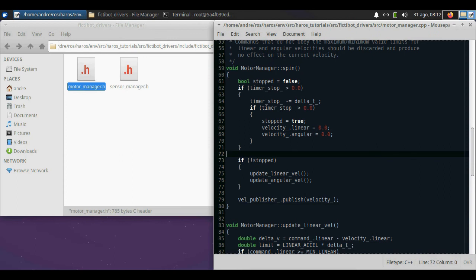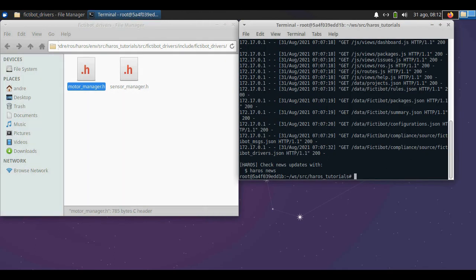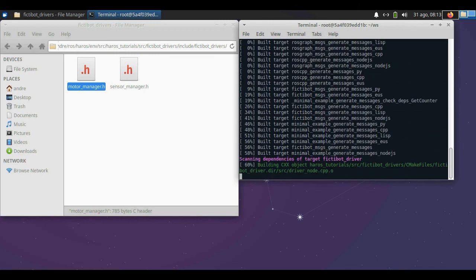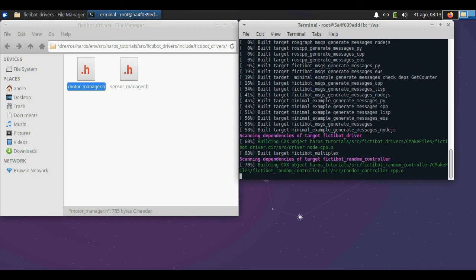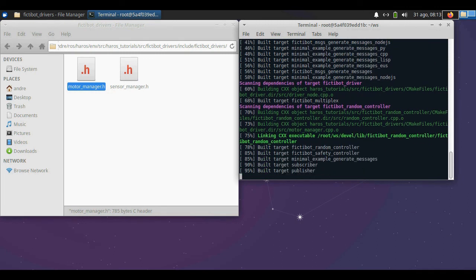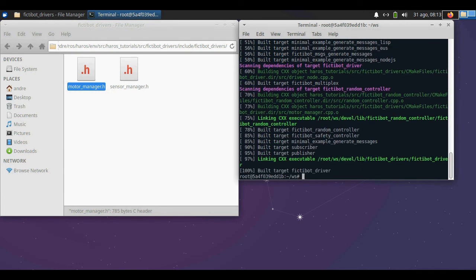So let's close the files and rerun the Catkin script just to make sure things compile. Everything seems to be working as expected.